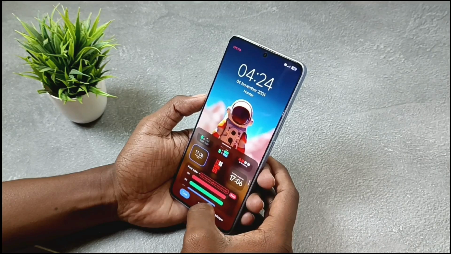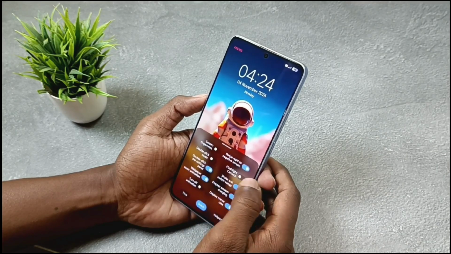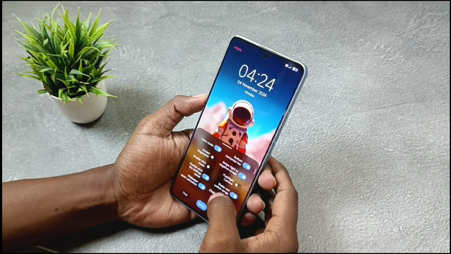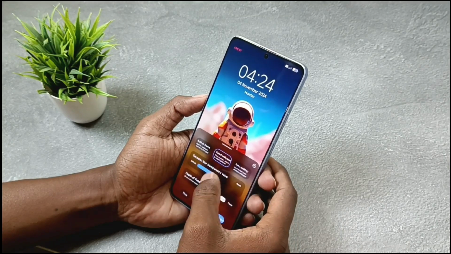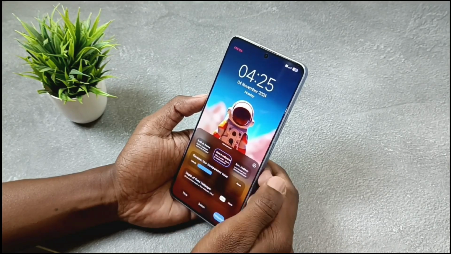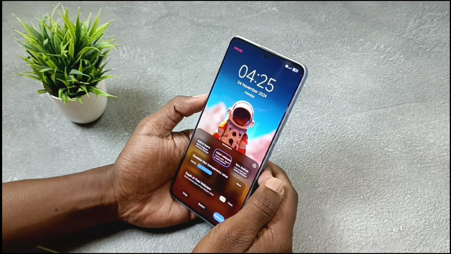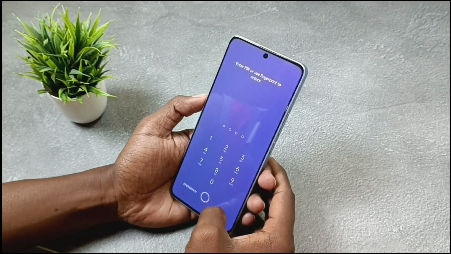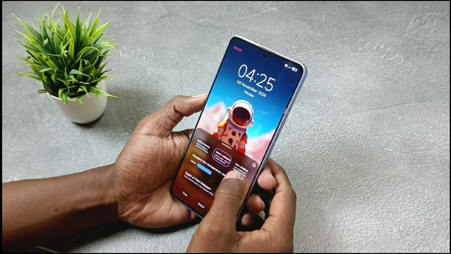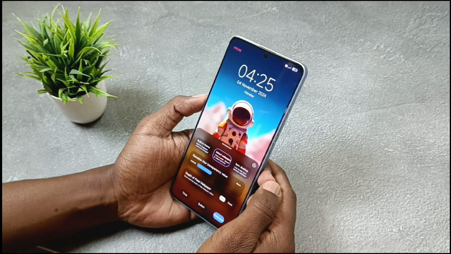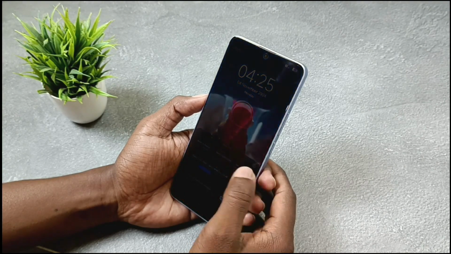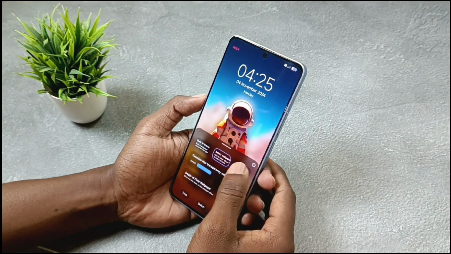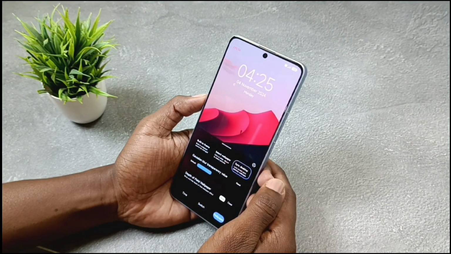The next feature is switch, which gives you some settings and shortcut options that you can use as per your preference. The third and final feature is the wallpaper, where you will get 3 options. The first is a built-in wallpaper, which is the theme's default wallpaper. The second is select wallpaper, where you can choose any wallpaper you like. The third is home screen wallpaper, and if you select this, your home screen wallpaper will also be applied to